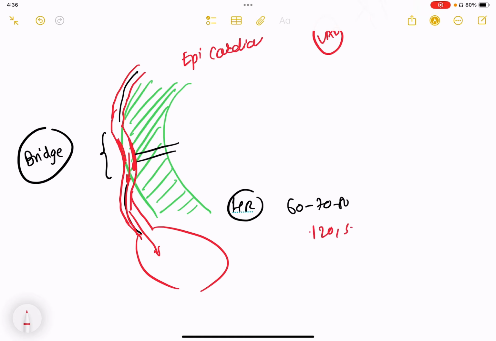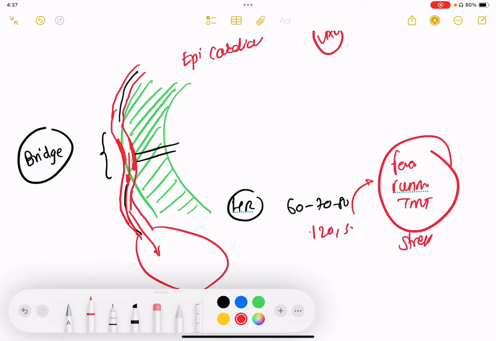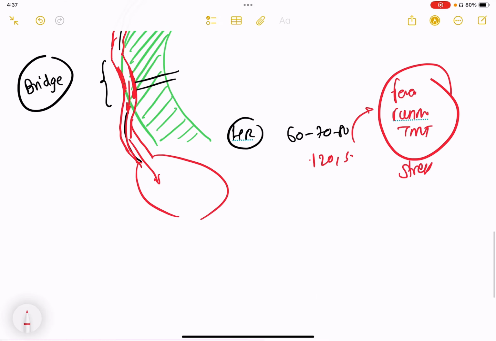When the heart rate is 120, 130, which can happen during fever, running, jogging, when the patient is doing TMT, or when the patient is under stress, then because of the intramuscular course of this artery, the ECG changes